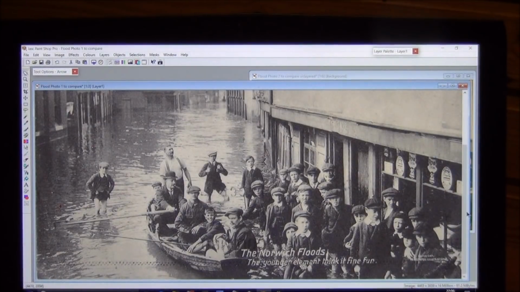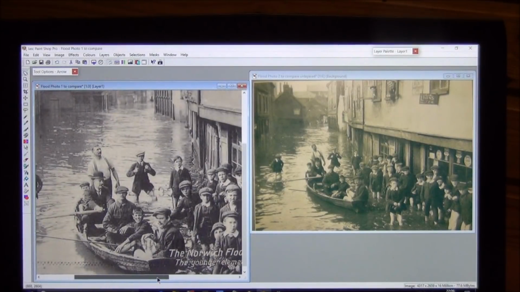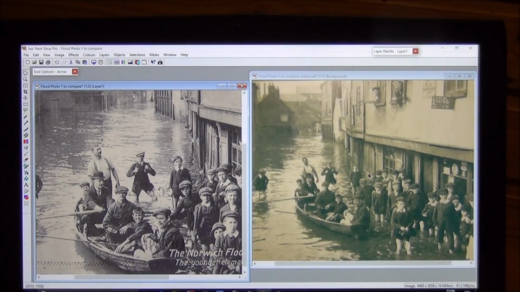Actually, all the people in the boat, albeit from this slightly different angle, are absolutely identically positioned, but looking at each camera in turn. You've then got this chap here who is identical, gripping his lapels. There's the chap with the stick who, let's just zoom in a bit, he is